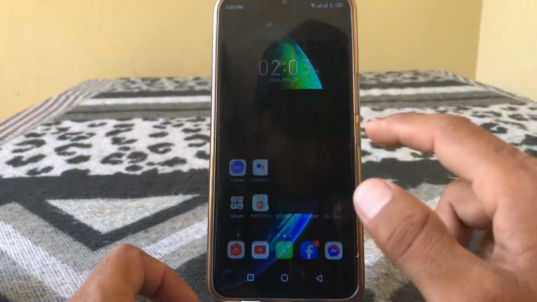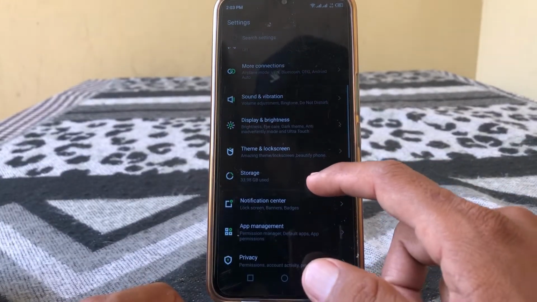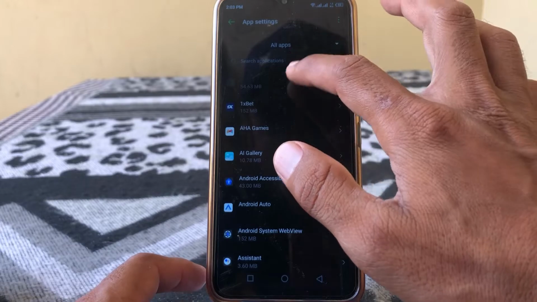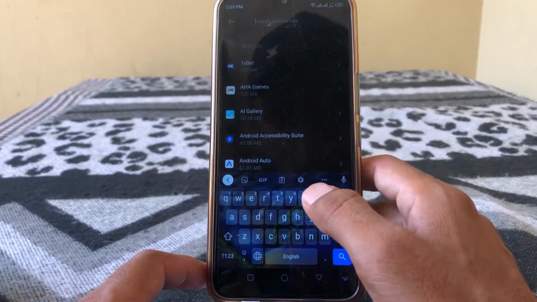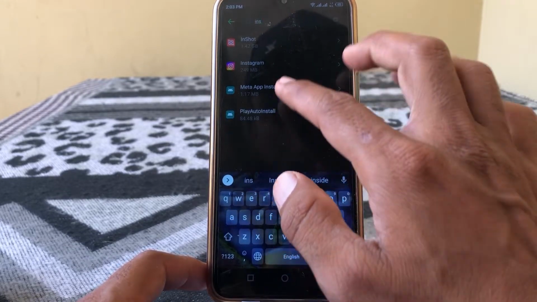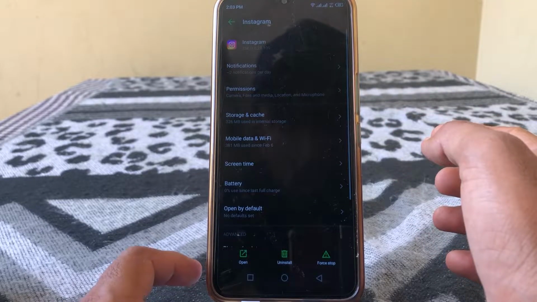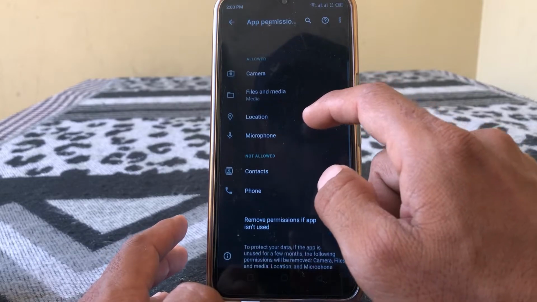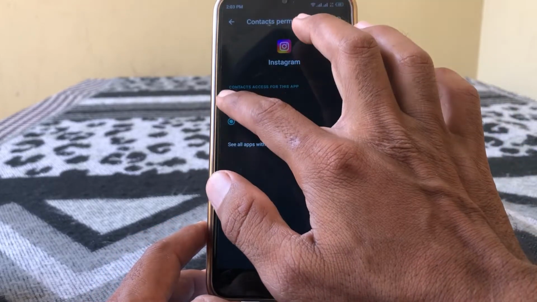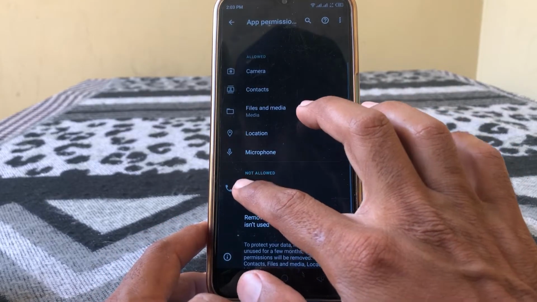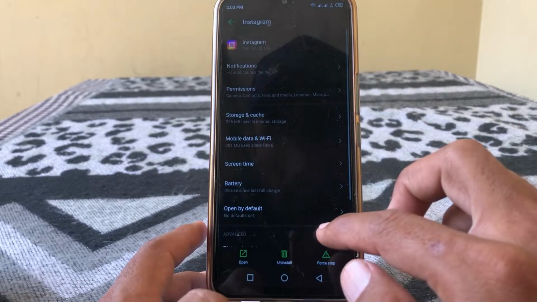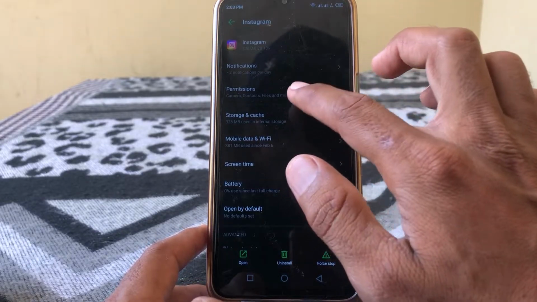And then what you have to do is just simply open settings, and you have to go to apps, and let me tell you that here are all the installed apps in your phone. So you have to search for Instagram, and you have to grant all the permissions of Instagram. So you have to allow all the permissions,